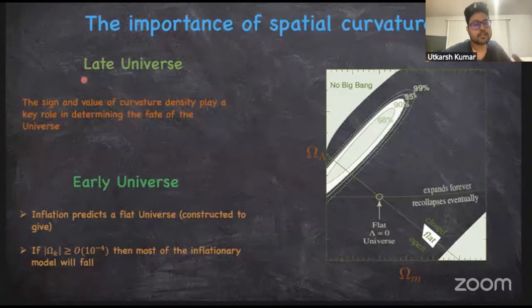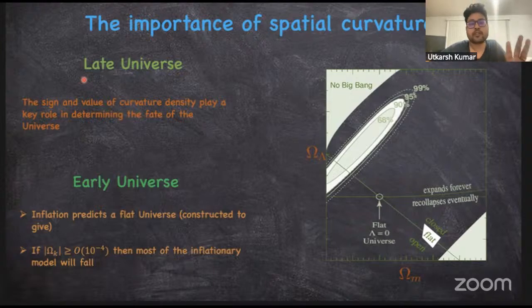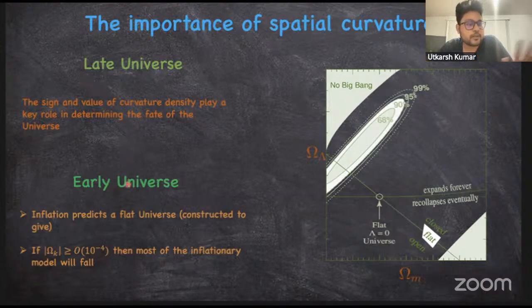For example, if we find the curvature density omega k to be negative, which would mean that the universe is closed, then due to this negative curvature density, the universe will collapse in the distant future. So this might pose a problem in cosmology. Now, from the early universe perspective,